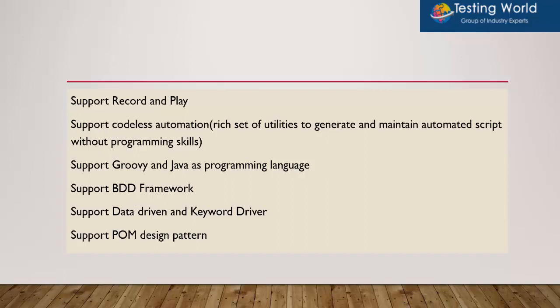And one of the most important and most usable features is POM, which is Page Object Model. It is a design pattern and it is mostly used when we are doing automation. If you're working on Selenium, you must be aware of this. But if you're not working on any automation tool, you must understand that it is one of the most usable concepts while doing automation. So it supports the POM design pattern as well. So in this course, when we are going to write our automation scripts, we will use this design pattern.